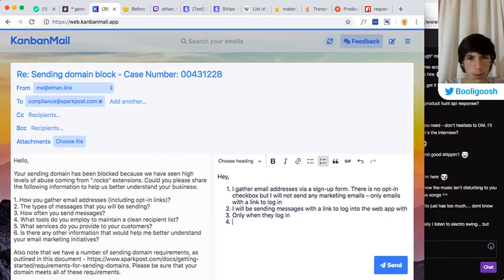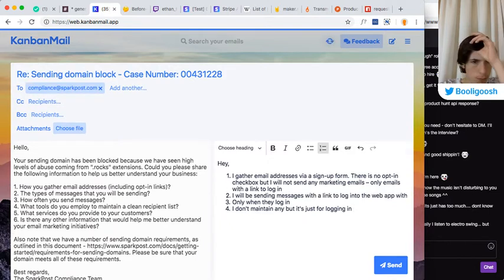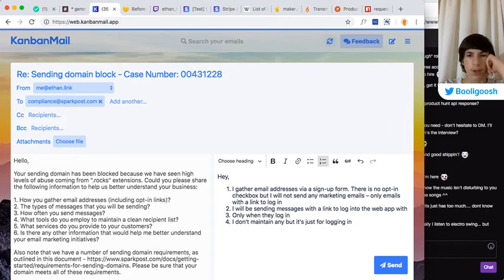What tools do you maintain? By the way, this jolting thing, in case you're wondering, that's a bug which I need to fix.